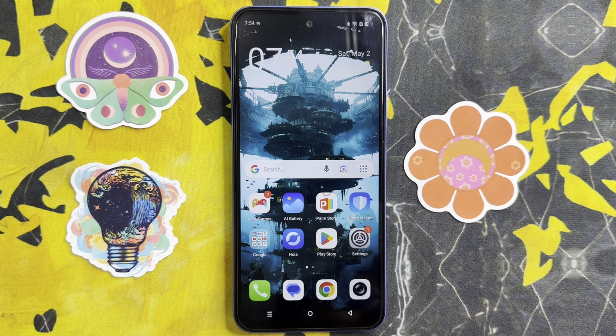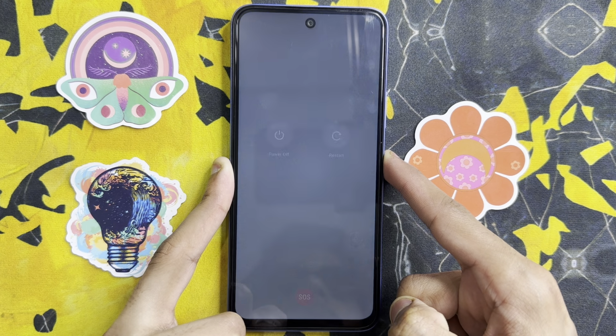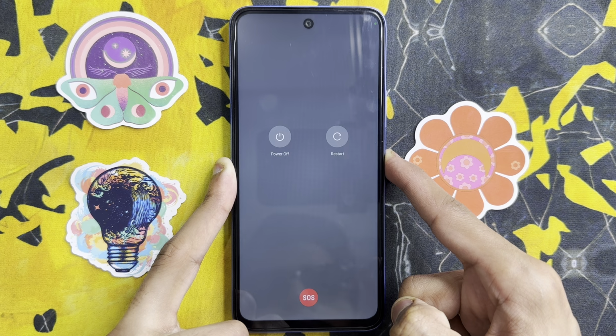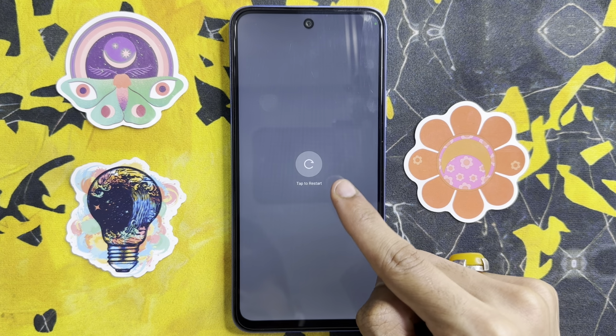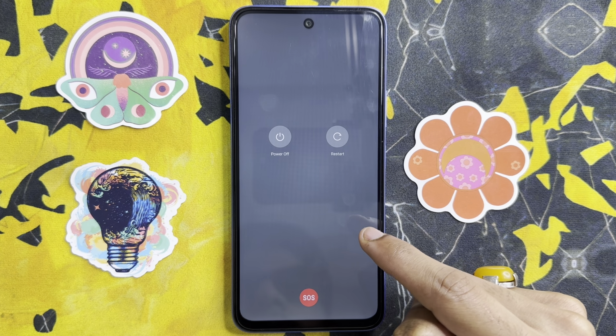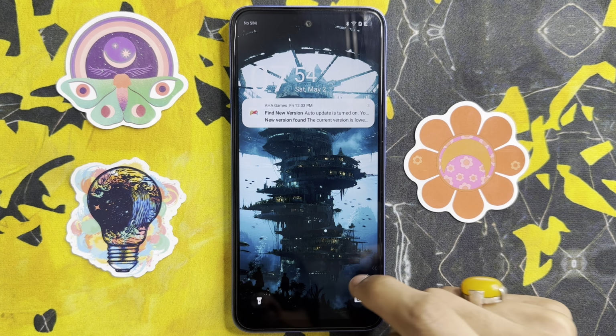But if it's still not solved, restart device. Just click and hold side power button. Click on this restart icon. Again tap on this icon. So you will see your phone is restarting. After restarting, enter phone pin. You will see